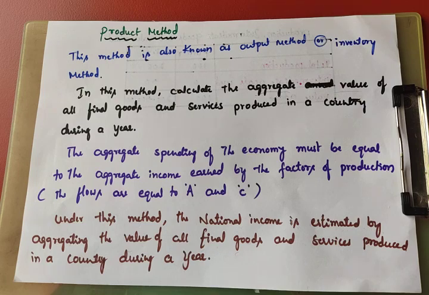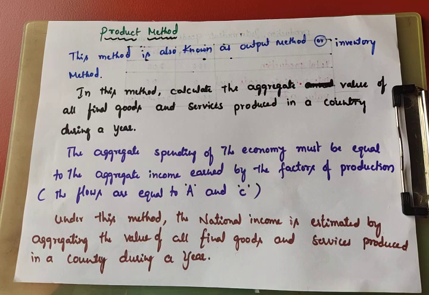When households provide their services like land, labor, capital, and organization, they get rewards or remunerations, otherwise called income. For the use of land, they get rent. For labor, they get wages. For capital, they get interest. For organization, they get profit. These are called income. So here we have to assume that aggregate spending should be equal to aggregate income. Expenses should equal income.